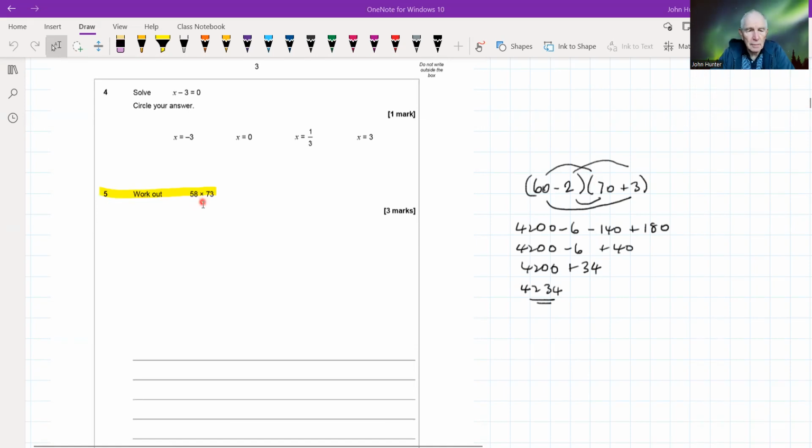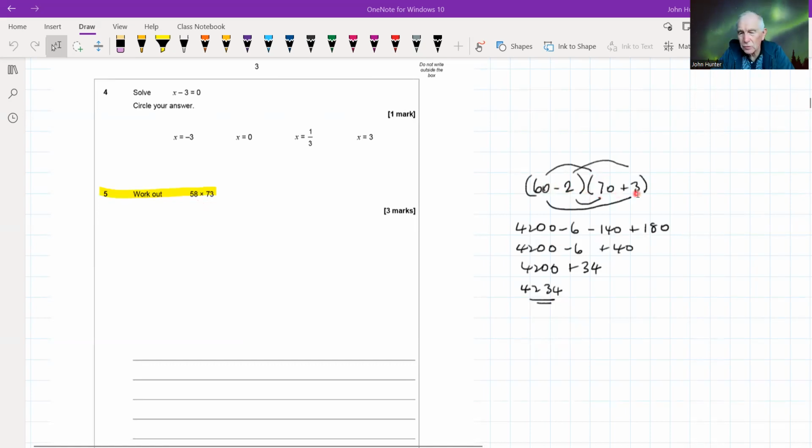Right, well, we could do long multiplication for this, and you may have done long multiplication. It's a bit of a cumbersome process, really. So very often for things like this, we can use alternative methods, which tend to be referred to as chunking. And in this case, we write our 58 as 60 minus 2, and our